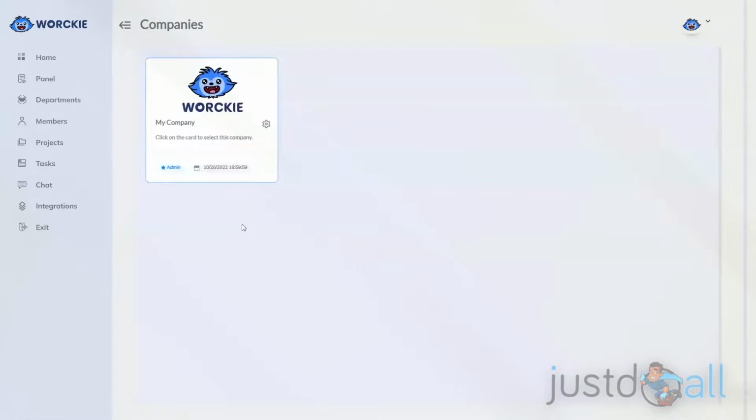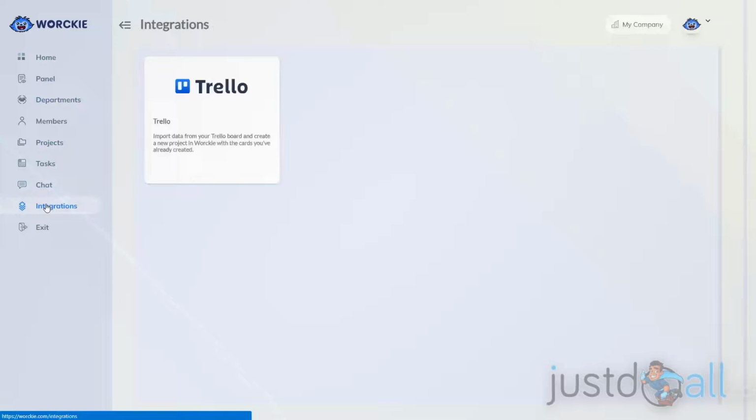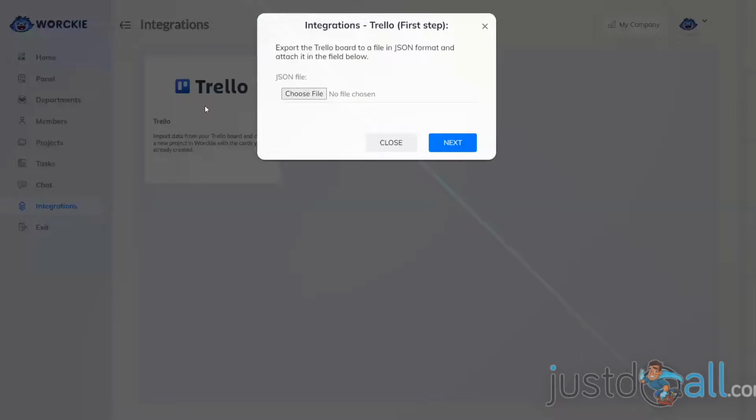In this video, I'm going to show you the integrations that we have available for Worckie. So I'm inside of my Worckie dashboard. I'm going to go to the left-hand side and I'm going to click Integrations. And here we have the ability to integrate with Trello and import data from our Trello board to create a new project. So to do that, I'm just going to click on Trello, and it tells me that I can